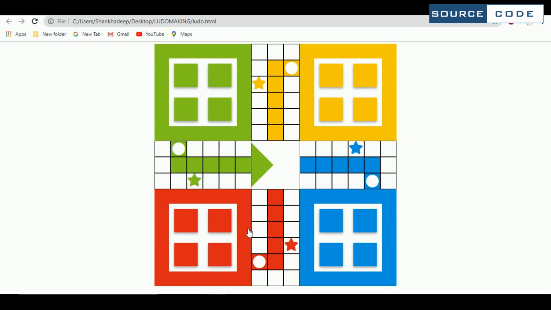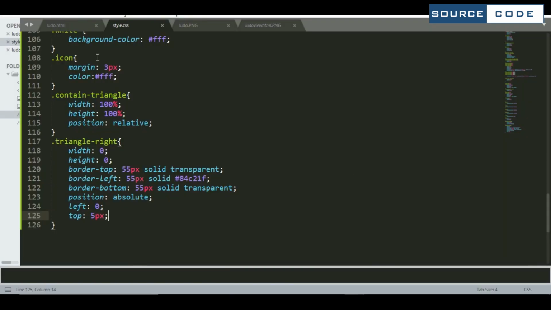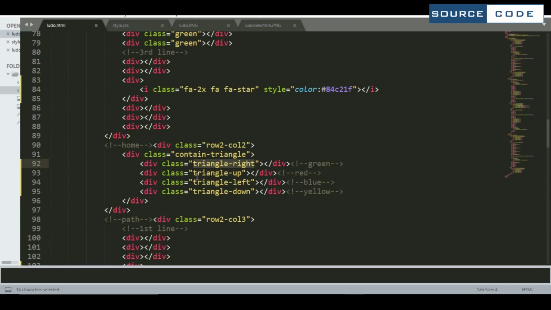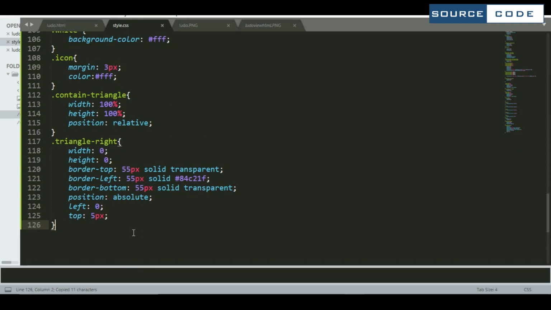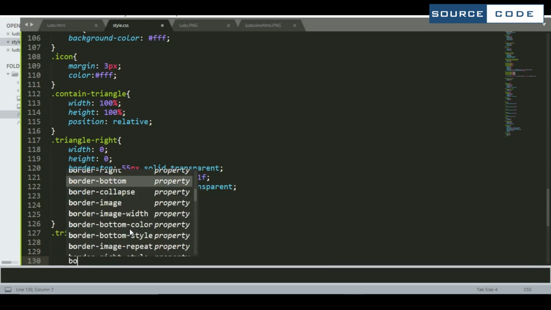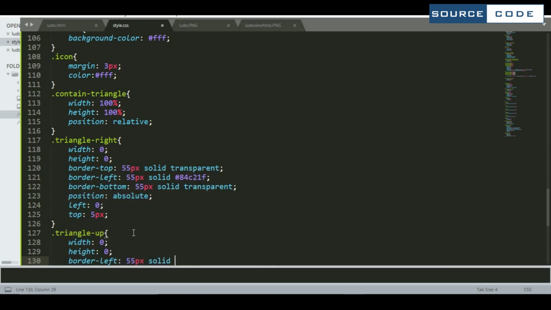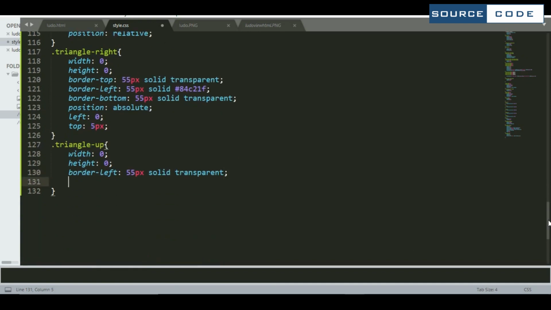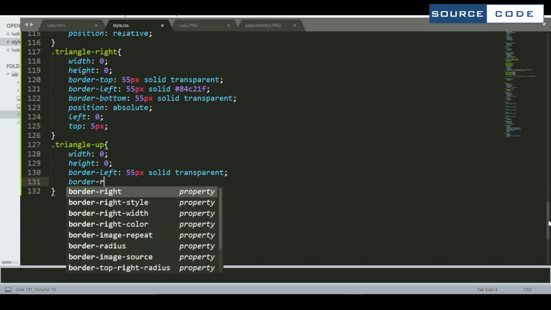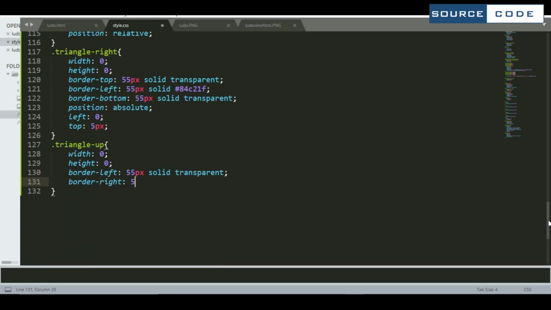So now we have to design for the red one. So now we will take this triangle up. So make the width as 0, height also 0. Now the border left here 55 pixel, solid transparent. Now the border right, again 55 pixels, solid transparent.